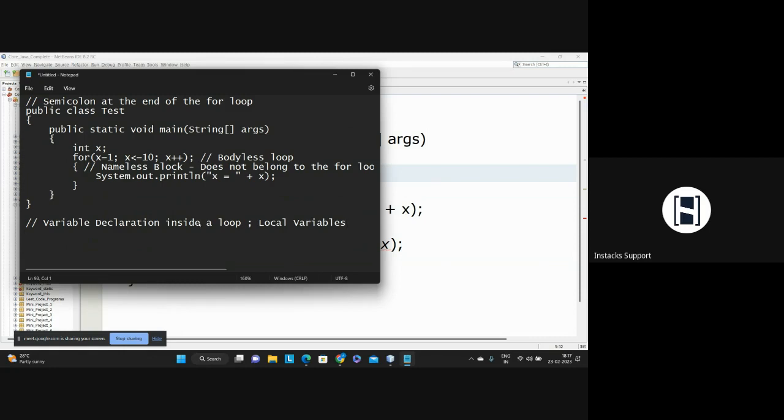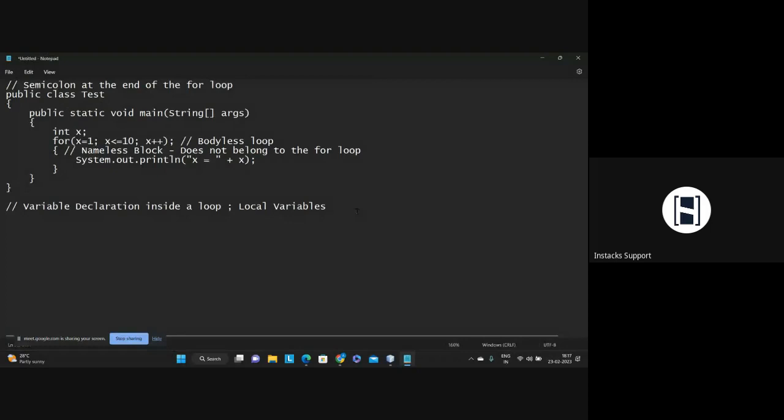Now, what we have to understand is what this local variable is. Local variables are created inside of a block. The block can be either a function,